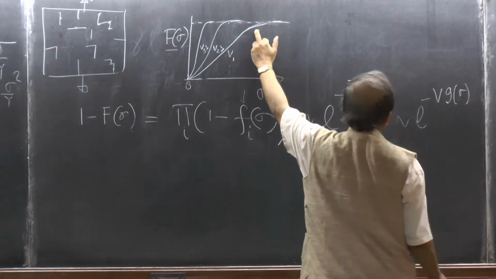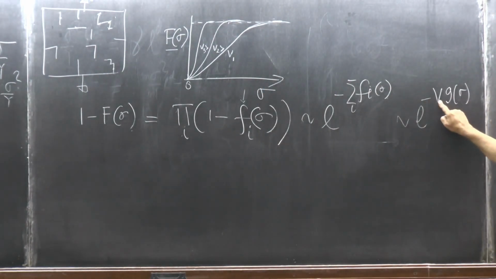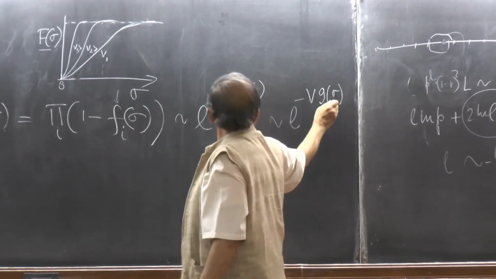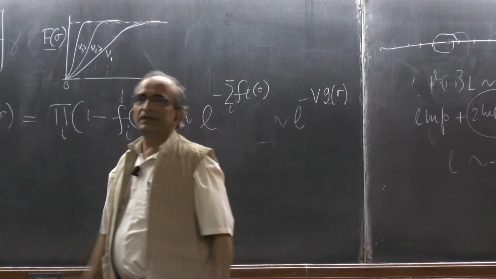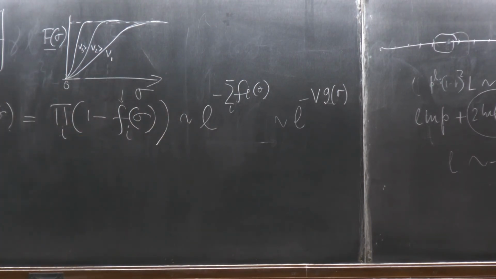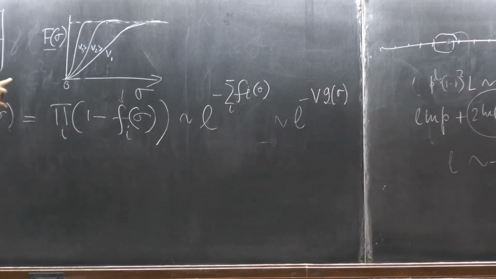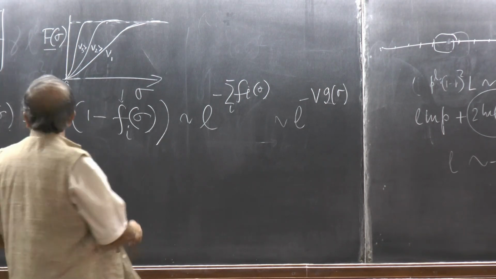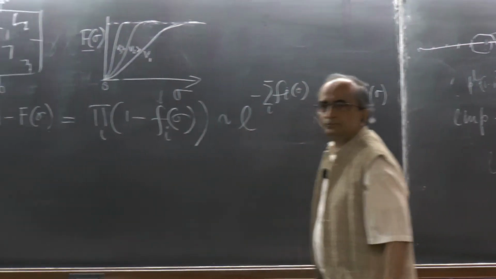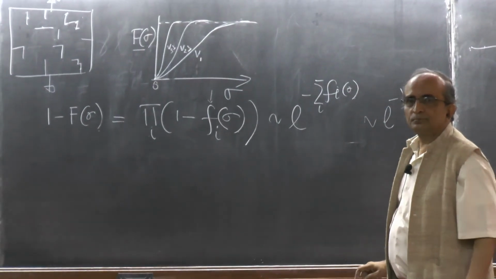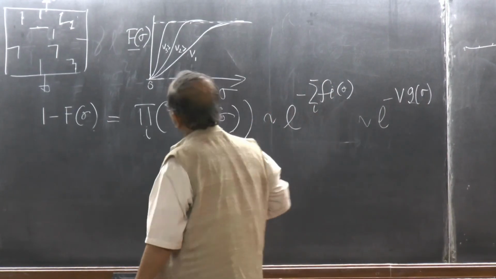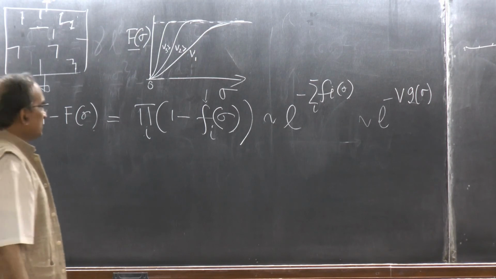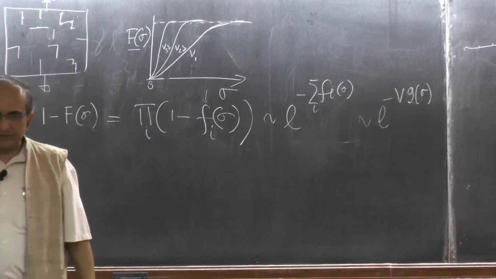something like this, that F sigma is 1 minus this, and as you can easily see, whatever may be the sigma, as V grows, whatever may be the G sigma, gradually it will become smaller and smaller. So you have already got this thing, F sigma is now 1 minus this thing, and the volume has come there. But now we have to find properly what is G sigma. Now this is difficult